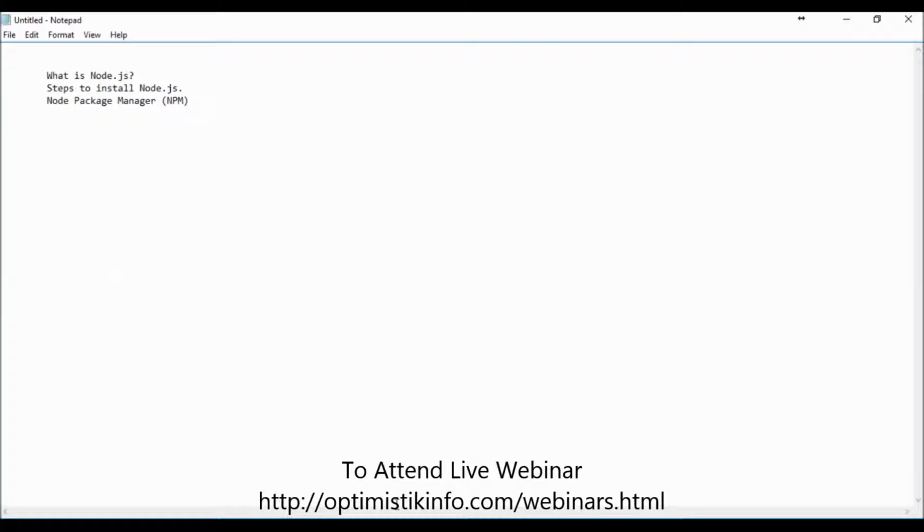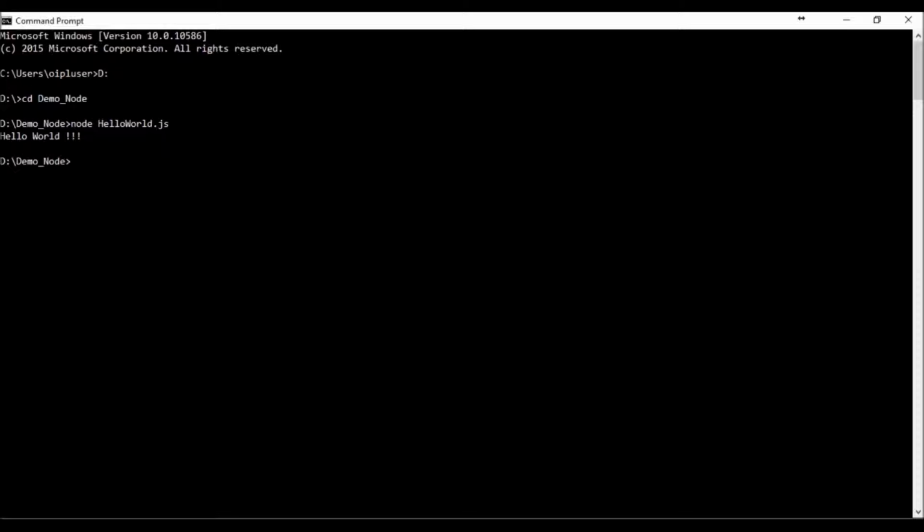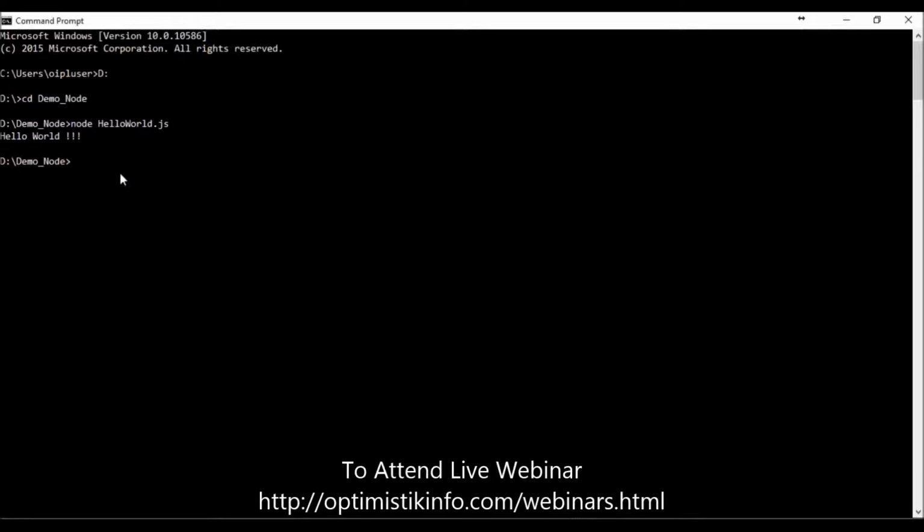Now see, if you want to see the npm version, that is the Node Package Manager version, then you need to type the command npm --version. It will return the version, that is 3.8.7. And if I want to update that particular version to the latest one, then you need to type the command,